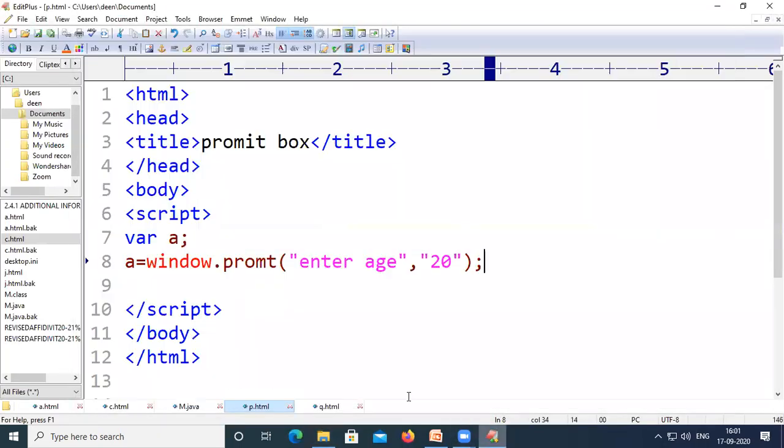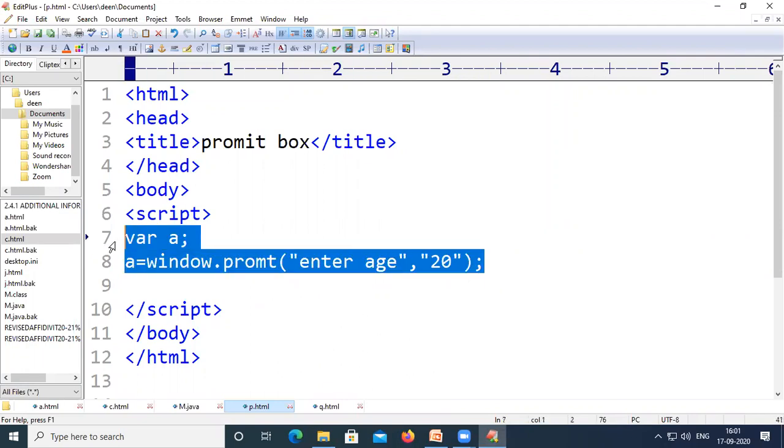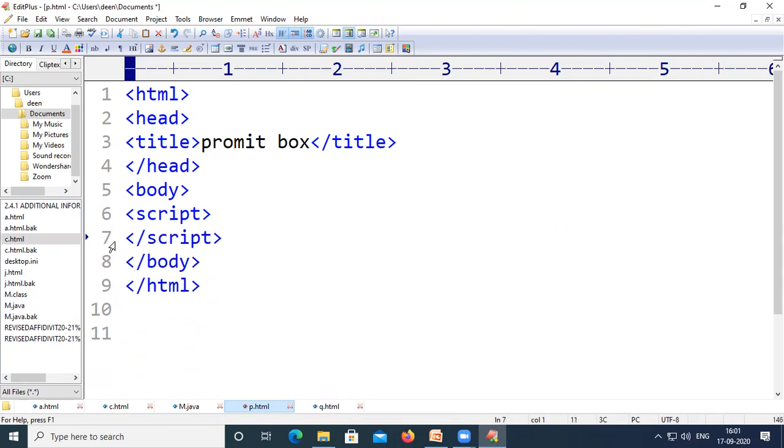Still we don't get any output for this one. Now let us make some changes in this script code, so that it will display the prompt box. Right, so let us follow the method which was used to create one function, and let us call the function